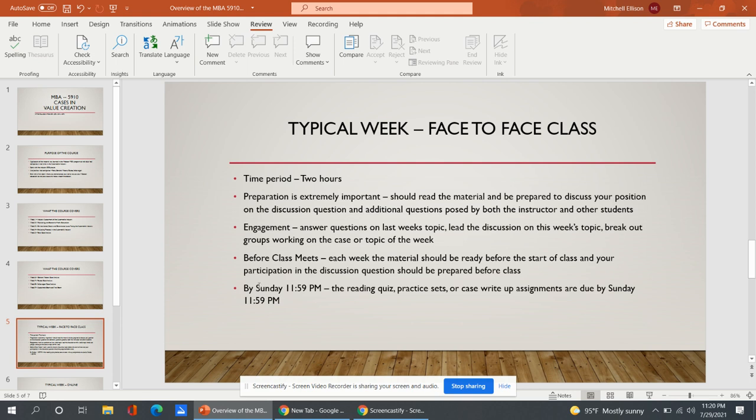And then by Sunday at 11:59 p.m. each week, there will either be a reading quiz or a practice set or a case write up or those assessment exams in week 9 that are due by Sunday at 11:59 p.m. Now, the last week, the assignments are due by Friday at 11:59 p.m. Sorry about that. I forgot that Webster's course ends on Friday, so it isn't a Sunday due date on that. Okay,